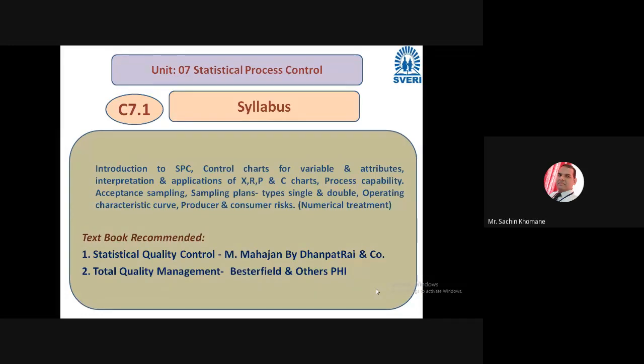So, we are going to start our second last unit. I hope my screen is visible and I am audible clearly to you. Second last unit, only two units remain. Already we have completed 6 units up to the previous lecture, and we need 7 to 8 more lectures to complete these remaining 2 units. Okay, so unit number 7, statistical process control.